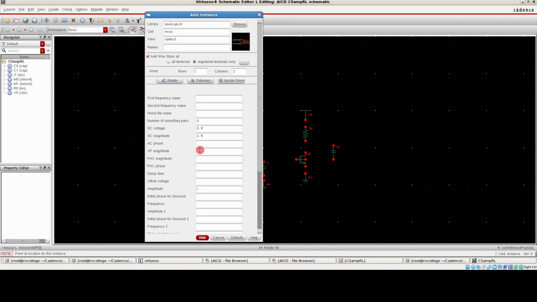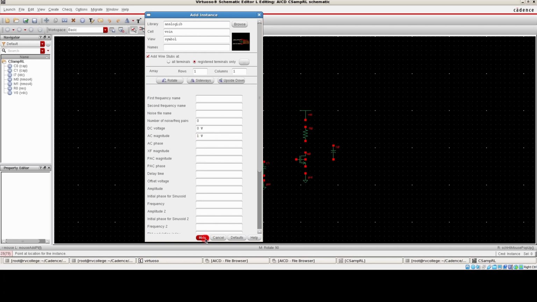And why we are entering a value of 1 volt is that what we are going to read as an output is going to be Vout. And that Vout value is directly read as a gain if the input magnitude is 1. Why? Because the gain is expressed as Vout by Vin, and if the value of Vin is already 1 volt, then whatever we are reading at the output can be read as the gain itself, and that was the reason why we are feeding an AC magnitude of 1 over here.